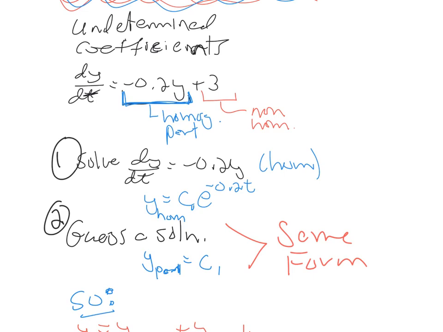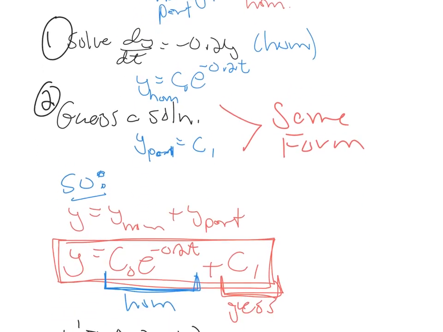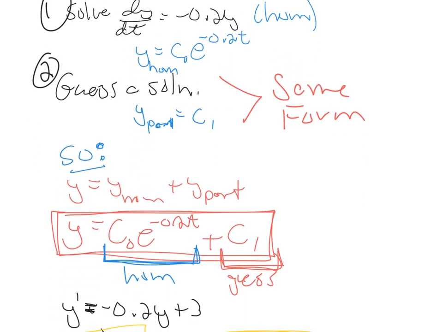So since I had a constant function up here, I used a constant function down there. If this was linear, that would be linear. If that was cubic, that was cubic. If that's quadratic, that's quadratic, and so on and so forth. Then my solution is going to be a sum of the homogeneous and the non-homogeneous part because it's a linear differential equation. So I wrote that down, and now the rest is